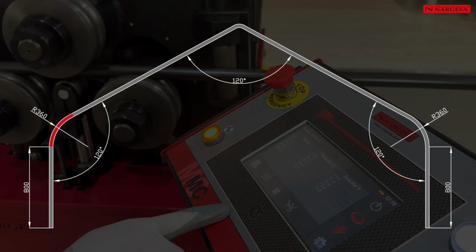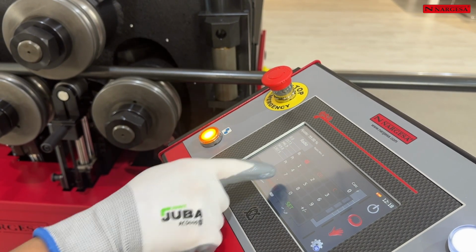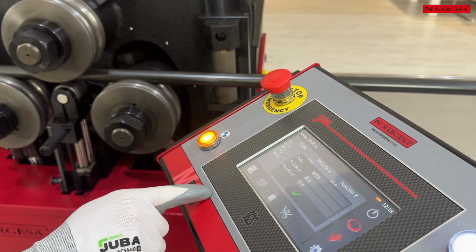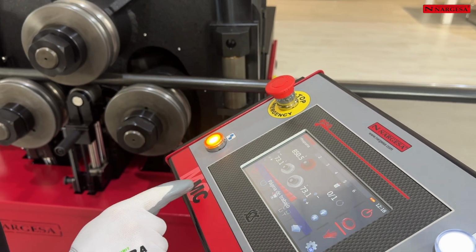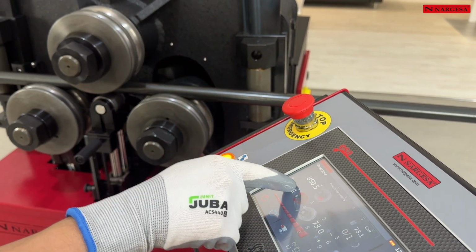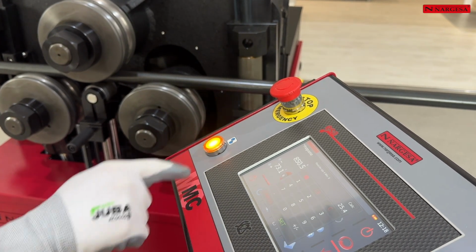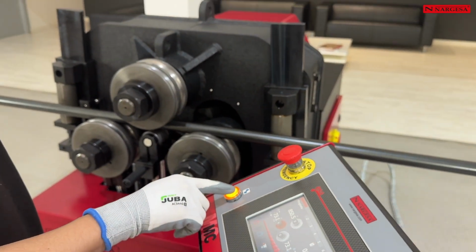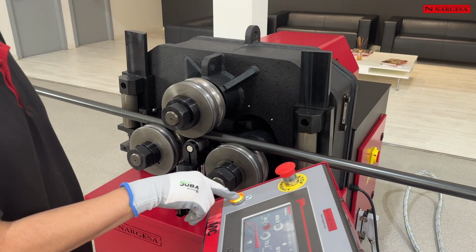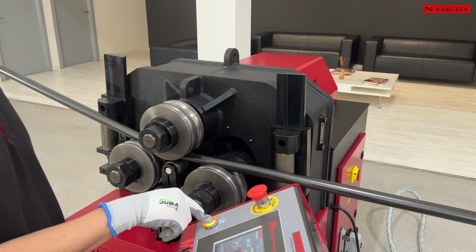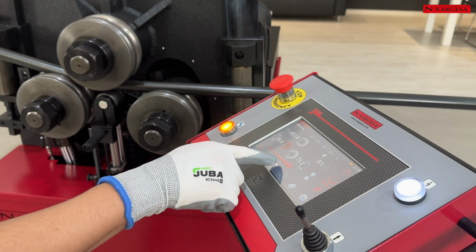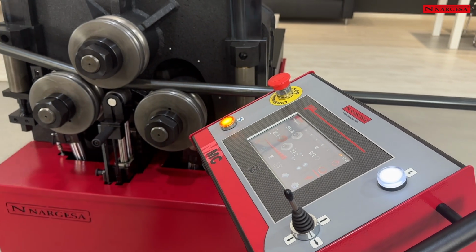Access the radius database and ask the software to do an estimate for a radius of 360 mm. The prediction indicates the position of the x-axle, 25.4. Go back to the automatic mode and position the x-axle to that level. Run the step. Save and validate this step.